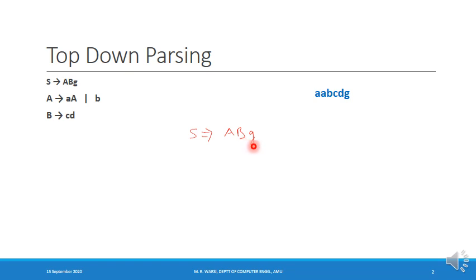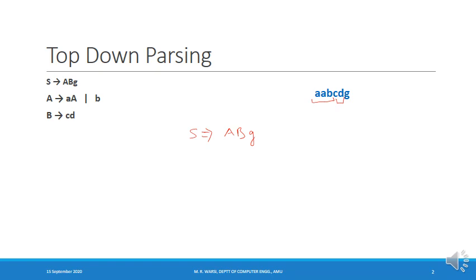So if I look at this string, this is the component which is derivable from capital A, this is the component which is derivable from capital B, and finally at the end I have small g. So this string has been broken into the three components like this.